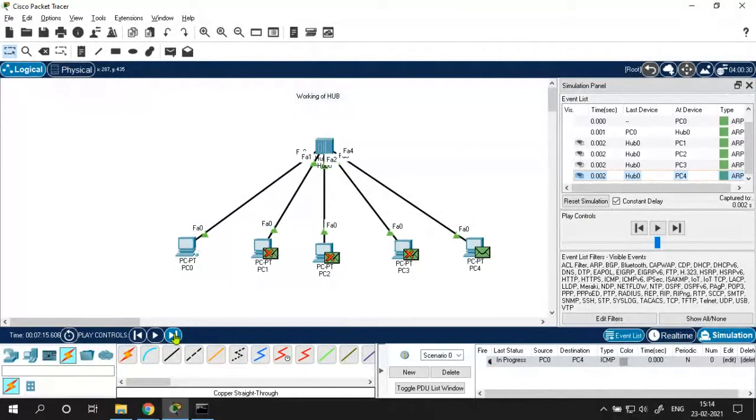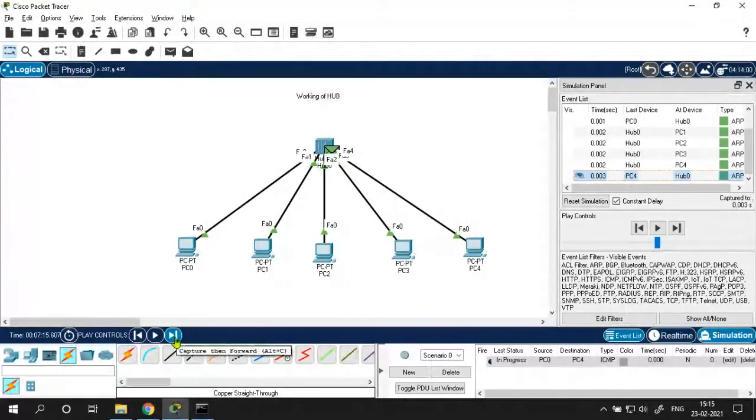See what happened here. I'm taking a pause here. Except the sender, the switch has broadcasted the same packet to all the hosts in the network. Next, the destination responded with the acknowledgement.